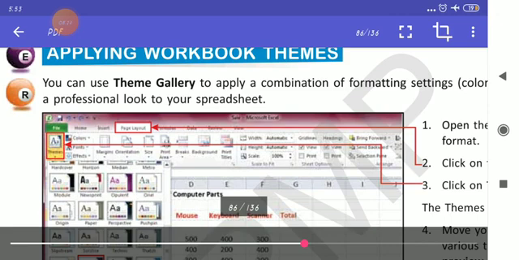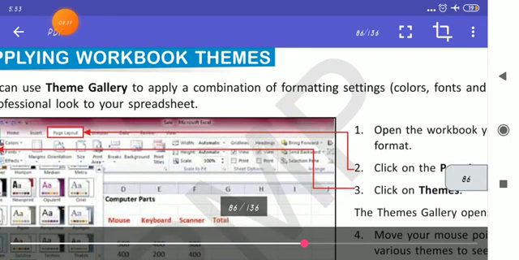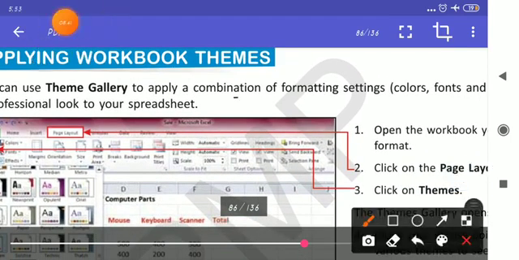So different themes, as we are having nowadays in our mobile also, change the theme. In Word also you can change the theme. So in Excel also you can change the theme to apply a combination of formatting settings, just like color, fonts and effects. So how will you change it?